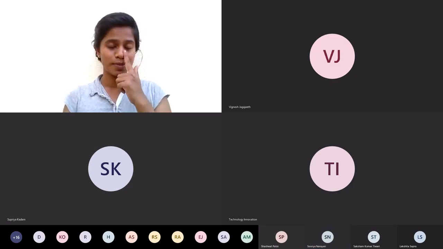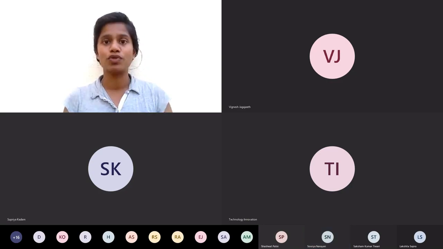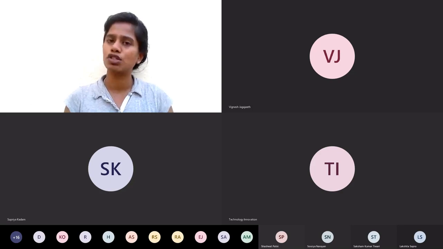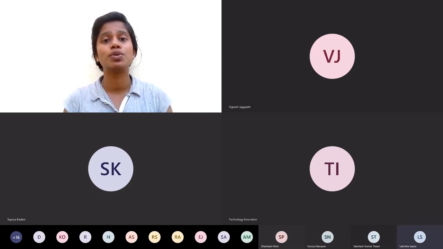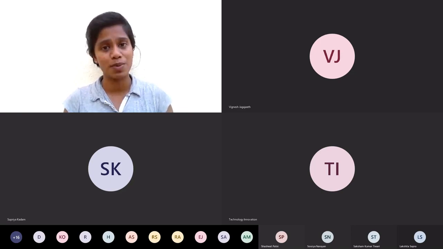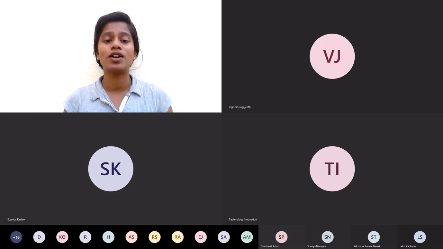So, coming back to the gaming platform, there is a platform which has been developed by AIM. I believe you've heard about it in some of your schools. If not, it is called ATL Innovation Machine. ATL Innovation Machine, along with Dell Technologies and Learning Links Foundation, has come up with this brilliant gaming platform,